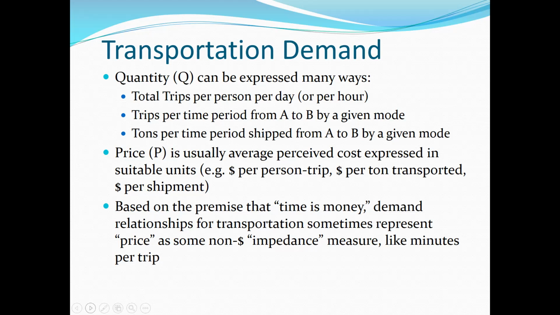And then also we can look at not just the passenger demand, but also the goods shipping demand, which is tons per time period, tons per day, or tons per month shipped from point A to point B by a given mode. Then price will be just the usual average perceived cost. And this is interesting because we talk about perceived cost here. I want to highlight that a little bit. If you think about, for example, the mode of driving,